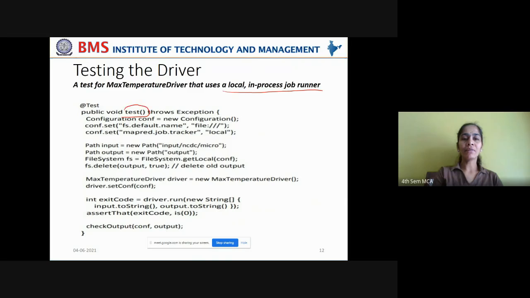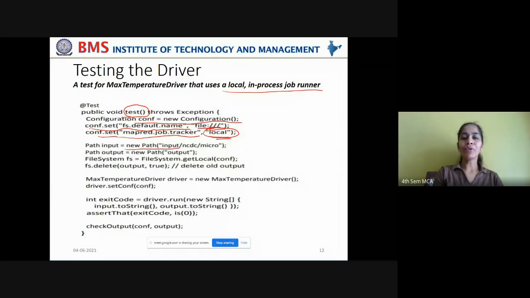So you are writing a function test which creates a configuration object because you are attempting to change the configuration of the system properties that are already defined in the XML files, and you are using this configuration object to set the default name with some path that is given, and set the MapReduce job tracker property with the local machine itself. Means you are setting the configuration such that your local machine itself will act as the job tracker. Okay, for that you are giving it as local.